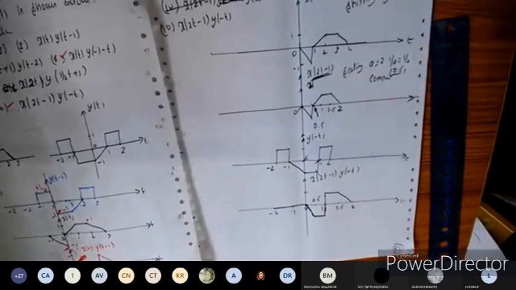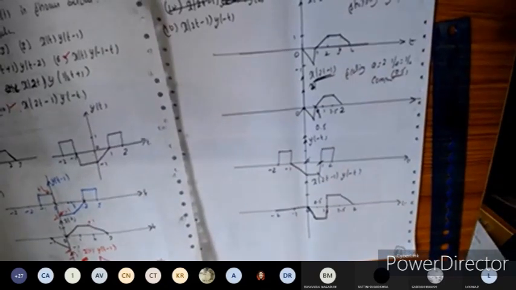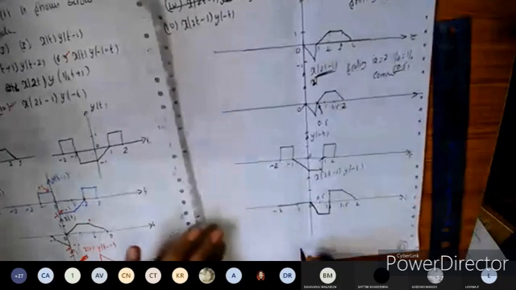So this is the product of these two waveforms. You got the product. You take the respective time index and you can plot the waveform's corresponding amplitude along the time axis here. These problems are very, very important. So next problem you can take. You can do this as homework here.